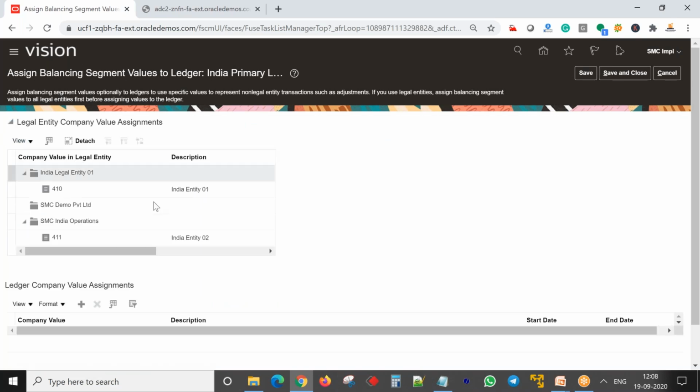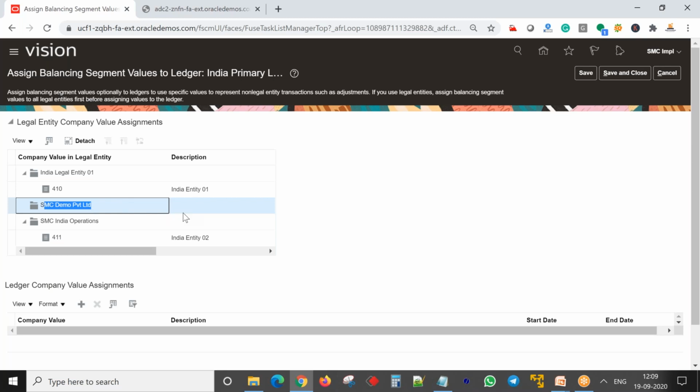Okay, as of now, they haven't assigned. So these are the two things that we have already created, Anup, right? The India legal entity one is already there. What we had created before was this, and what we have just now created is demo. There is no balancing value at this moment. So we are going to do it now, right? Yes, that is what I'm trying to show you. It is right now not there. We'll have to assign it.